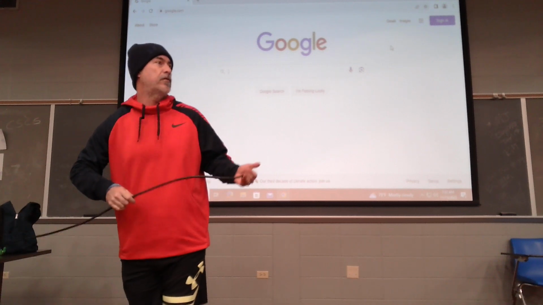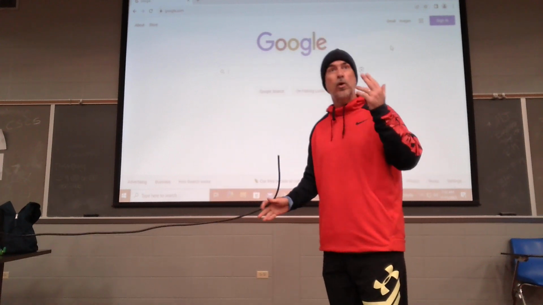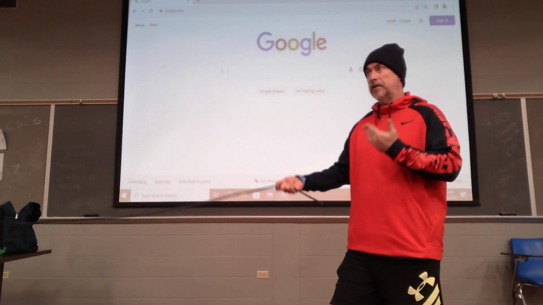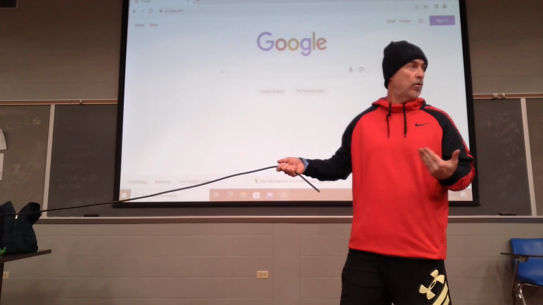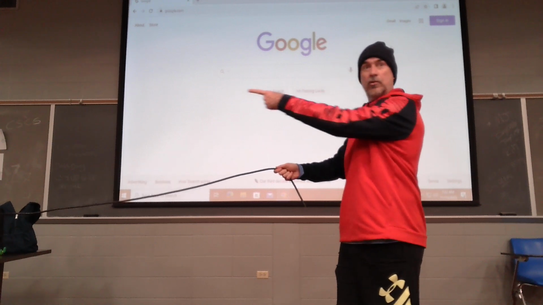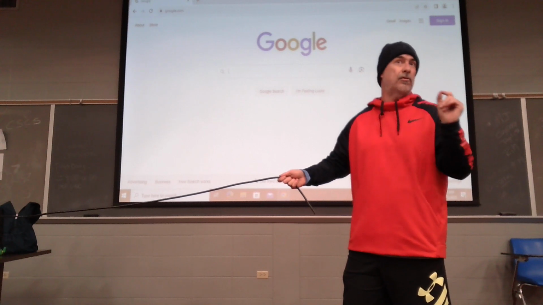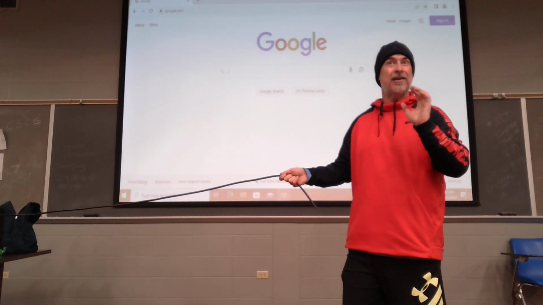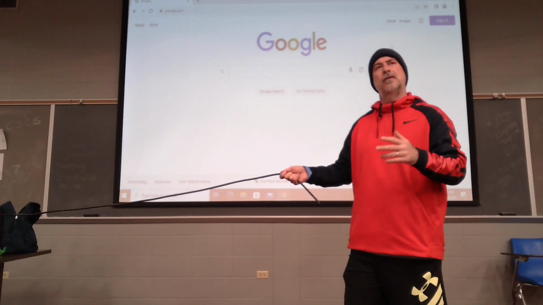If this was more of an analogy of how muscles work by pulling, there's only one way in the direction that I'm pulling that I can influence this cart, and that is in the direction of my pull. I can't push the cart to your left. Now that being said, this is where things get a little weird, but it's okay. I'm hoping this analogy is going to make sense so you go, okay, I get it.